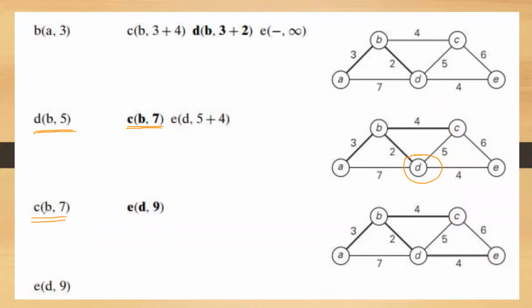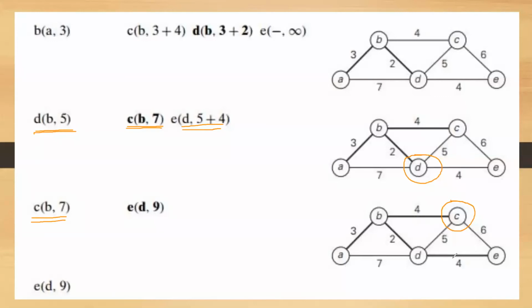Okay. Now come to the last step. Now C is chosen. Now which are the fringe vertices? A, B, C, and D are the tree vertices, and the fringe vertex is only E. Okay. Now which is the currently selected vertex? C. C is the currently selected vertex in the previous step. Now observe the value of E in the previous step. In the previous step, E has the value of 9.